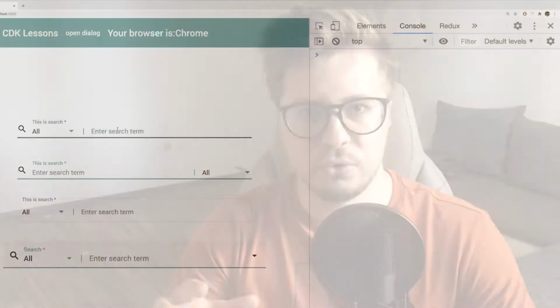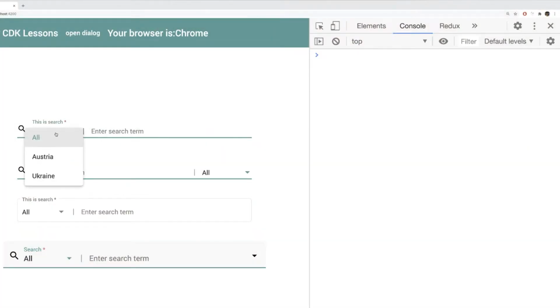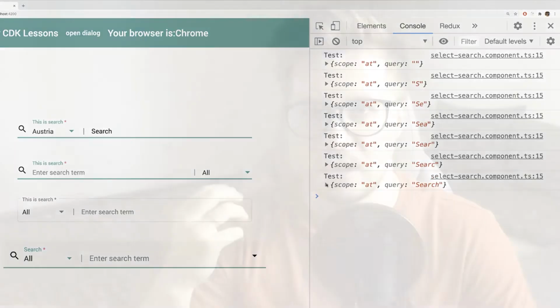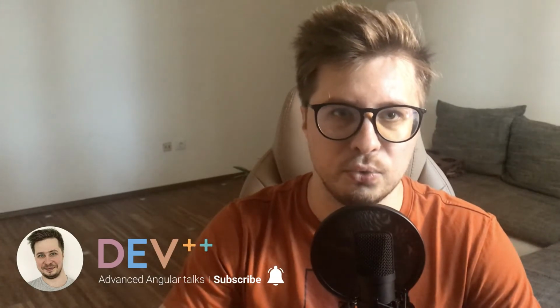Today we will continue to build a custom form field control, and in this tutorial I will show you how to enable support of reactive forms, and we'll have a look at the error state management for our custom field. And besides this, I will show you a real-life example of how to use TypeScript mixins to reuse